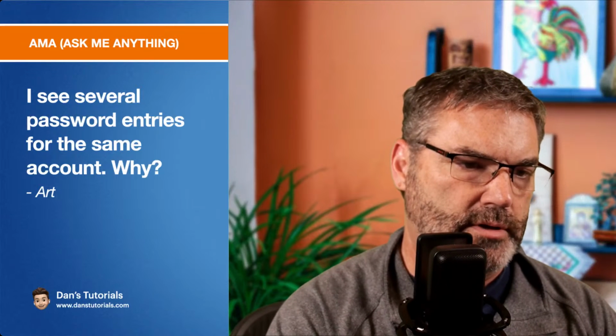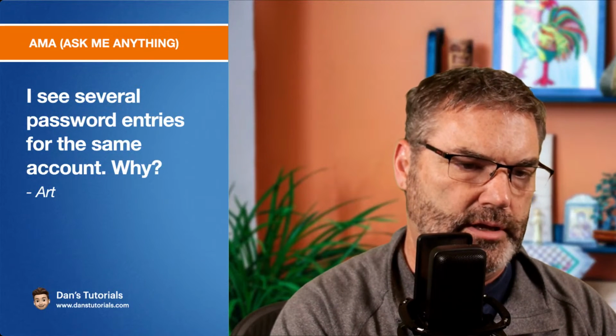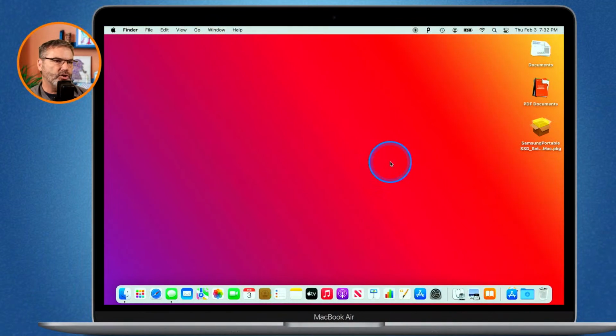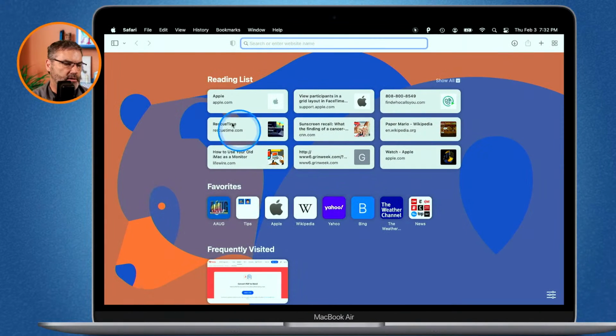All right, what else do we have here? I know we're getting towards the end here. I see several password entries for the same account. So we'll go back over to the Mac here. Let me, my cursor highlighting thing wasn't working. No. Okay, we're good now. So we're back at the Mac here, and I'm going to go to Safari, and under the Preferences,